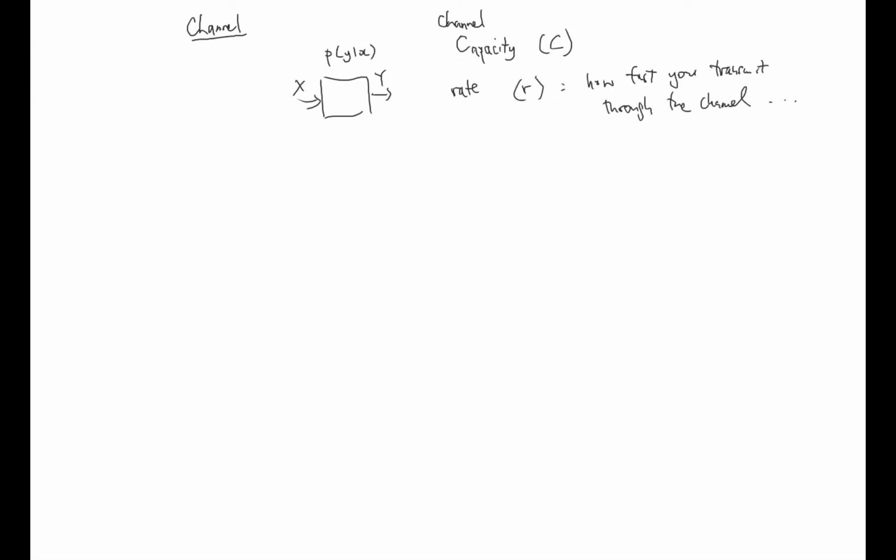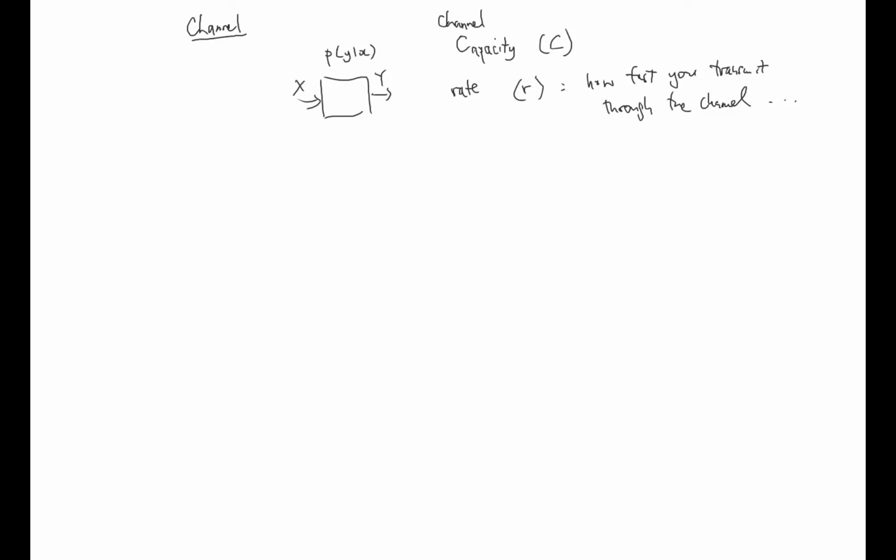Now, I didn't specify whether this channel is continuous or discrete, but think of this as at least discrete time. Each time you use the channel, you take a symbol from the alphabet of X and send it into the channel, and at the other end of the channel you receive some Y. So now let's define the rate. The rate would be, per each channel use, how much information you can pass through the channel.